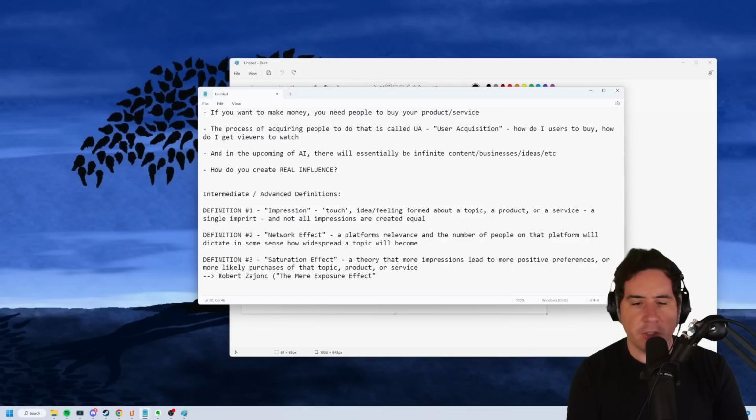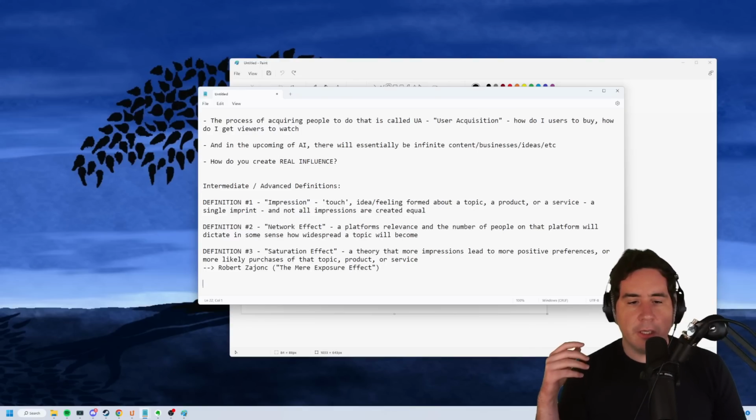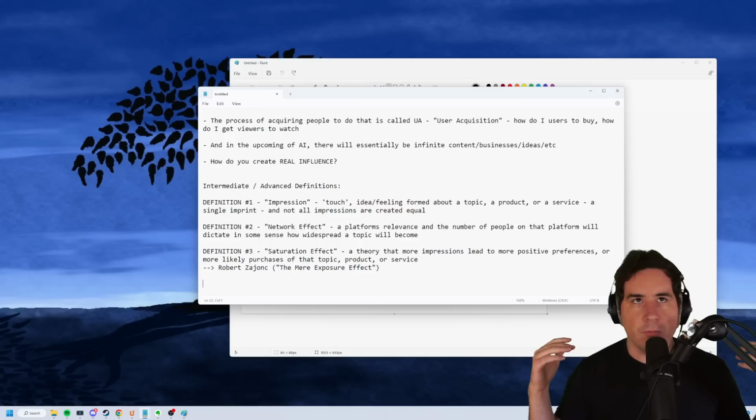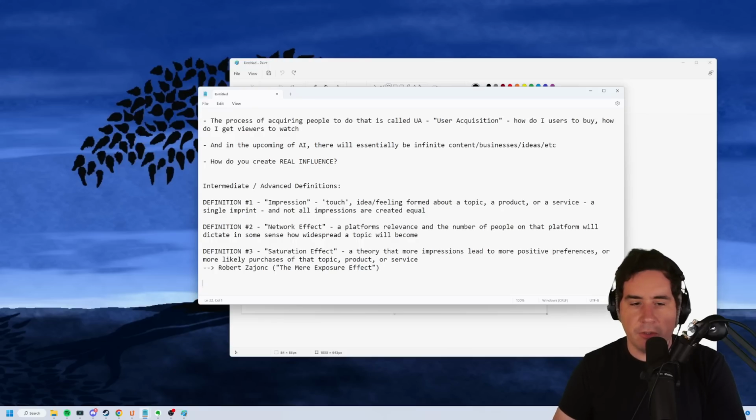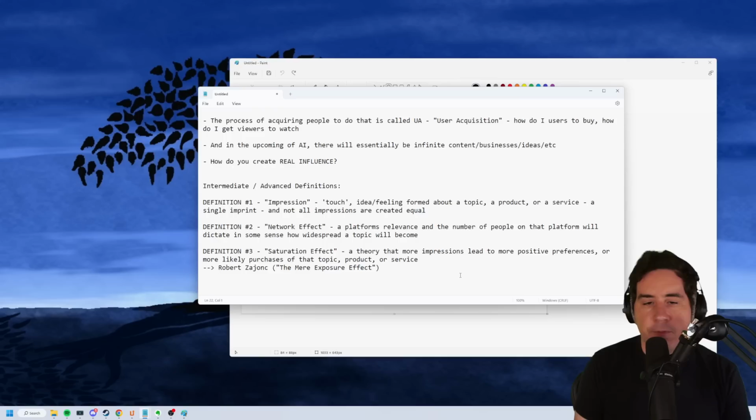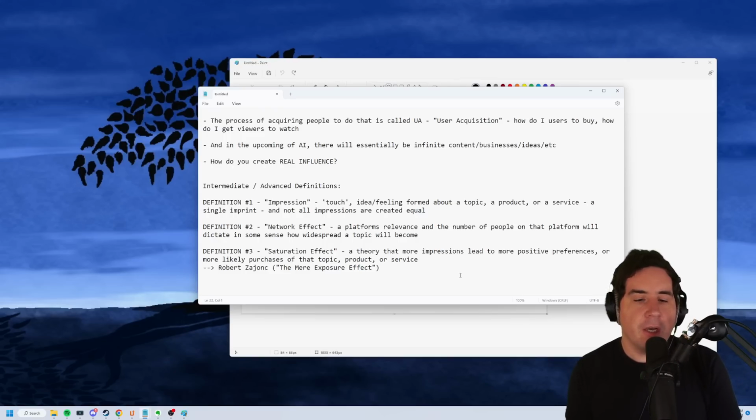So what the study showed was that you could expose somebody to the same idea and the same topic over and over again. And over time, the relevance of that topic and the effect of that topic would lead that person to talk about that topic more, convert better on buying things around that product, or things like that. So you probably have heard of the saturation effect in the sense of the type of marketing that a very large company like Coca-Cola does, or that a big Fortune 500 company does. They're using the saturation effect.